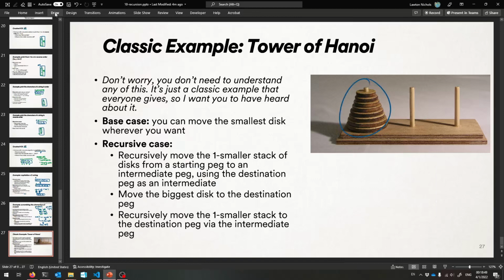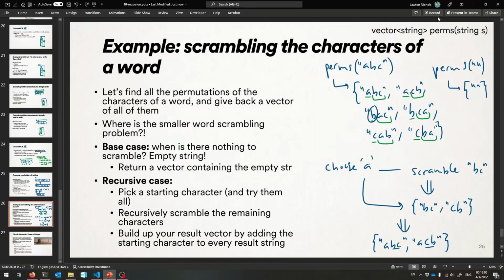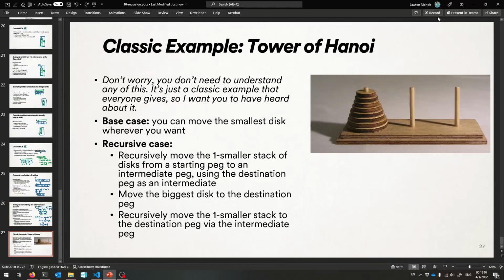It is this game. You have 3 pegs and you have a bunch of cylinders. That's a stack of discs, we say. And the object of the game is to move this entire stack of discs to this 3rd peg instead of the first one. But the rules of the game is that you can only put smaller discs on top of bigger discs. So like you could move this one down to here, and then this next one will be on top, but